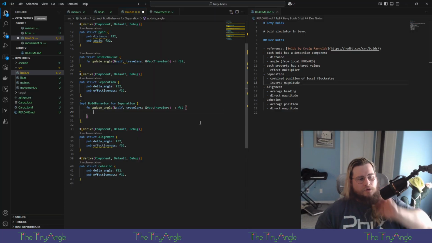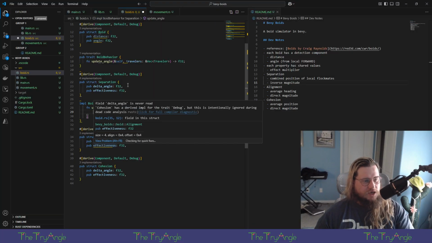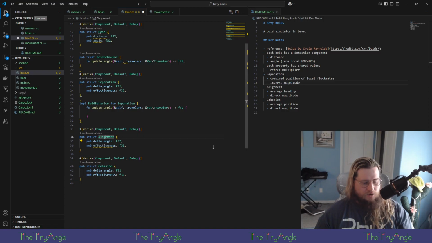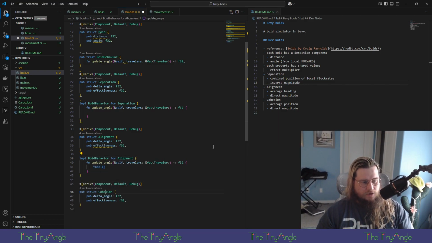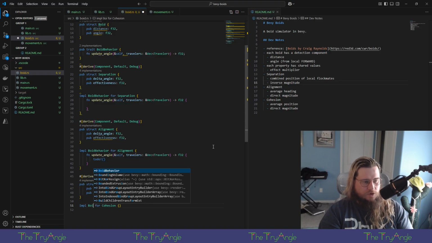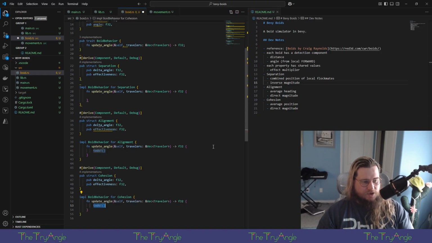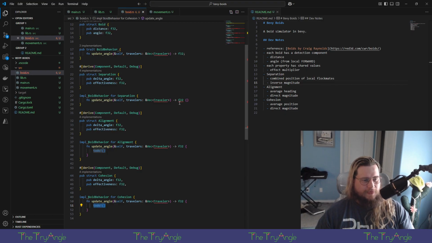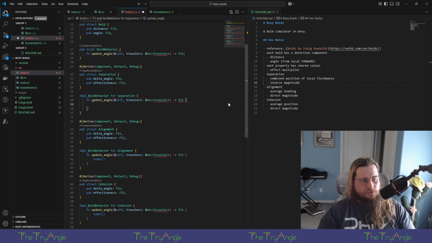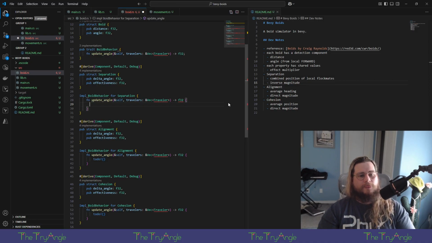So each of these is going to do the same exact thing. Alignment. We're going to do the Boid behavior trait. It's not going to do the exact same, but we're going to implement this trait for all of them, and they're each going to run about these calculations differently. Separation. So